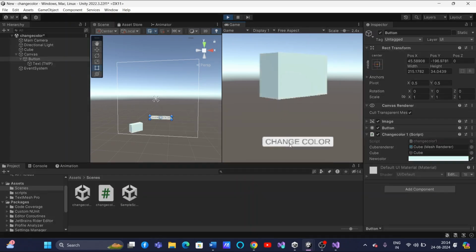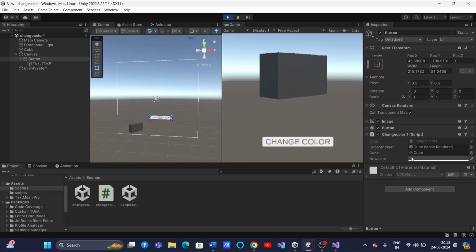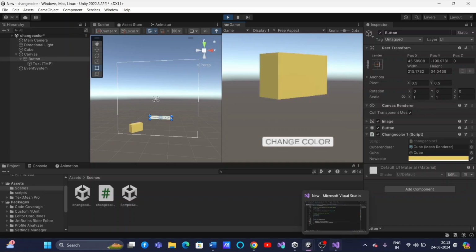If I click this color, you see a random color it is selecting. If I click another once again, a random color is selected. If I click once again, random color. So for each click on this button, a random color will be selected. So this is happening how? It is happening by using this method,